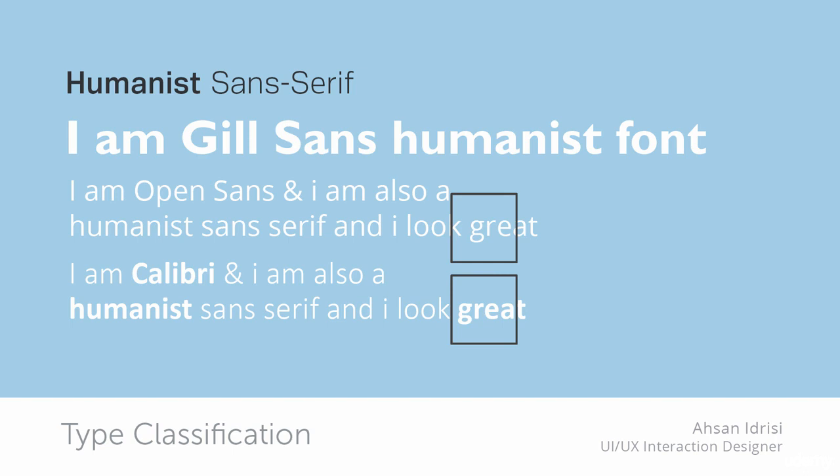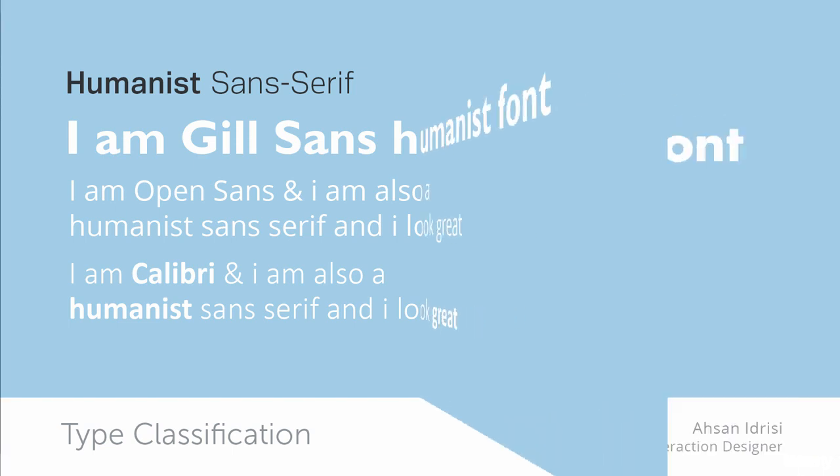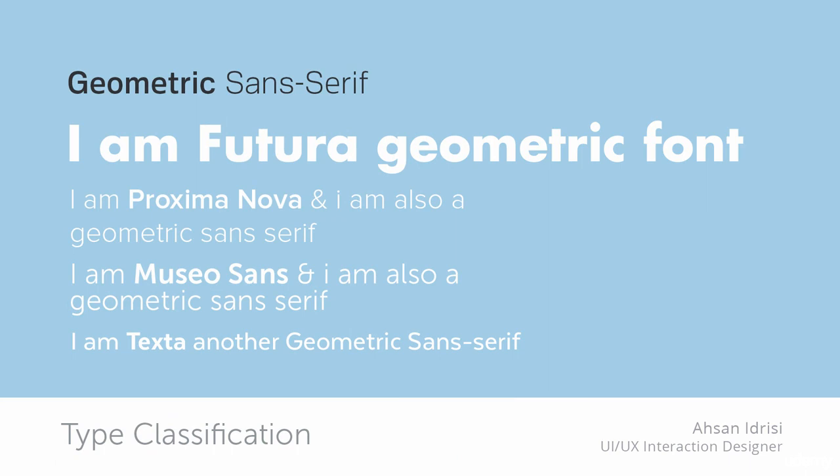Also another example is this Calibri font, Open Sans, Gill Sans, and they are all a type of humanist sans serif. That is why you see Open Sans is very popular these days. One other variation of this sans serif is geometric sans serifs, and they are built on some very specific geometry, like very specific triangles, rectangles, or maybe circles. So they are based on a geometry.